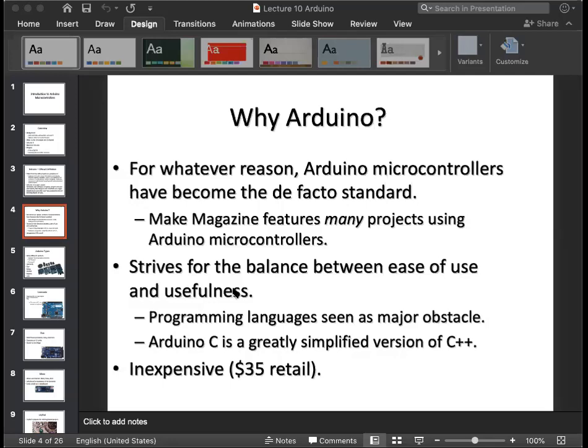Arduino is also a cheap one. Arduino helps us do our things better, and it provides a connection between the human and the machine by providing more programming languages to do this. Okay, so that is why we are using Arduino.